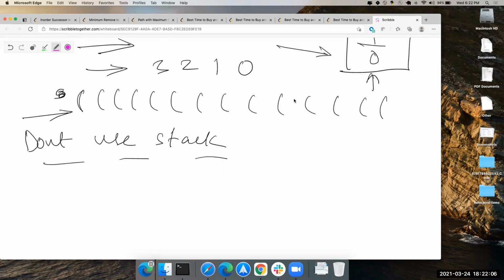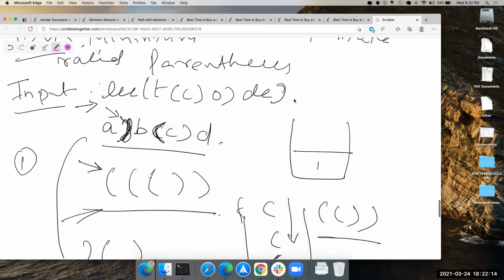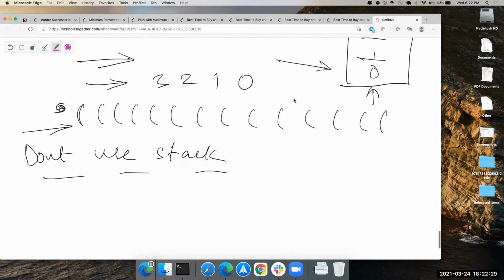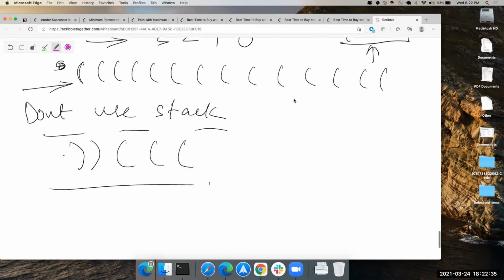Okay, now I think Devin, you go ahead. So if you keep a counter of however many open braces you encounter, as you encounter one, you increase the counter, right? And wouldn't you do the same for the closed braces? Tell me, what would you do? Give me an example. Let's say this is your string. Now what do you do?